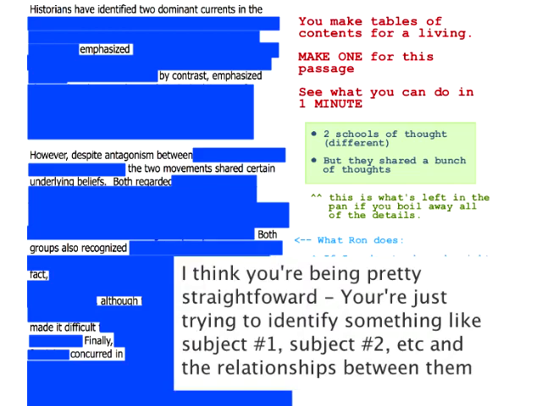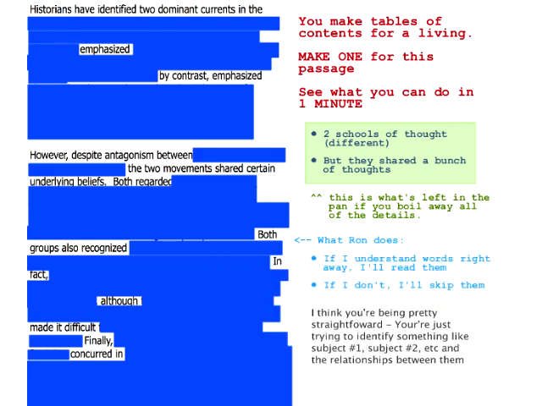Again, this might be an apt description of what I'm doing, but what I would warn people against here is not trying to consciously think about this. Because if I were looking at this passage and actively thinking, I need to find subject one, subject two, and transition words, I would totally not be able to do it. It's really just what are the non-technical terms that I can grab hold of here, and those are pretty much the things that are going to outline all of this stuff.